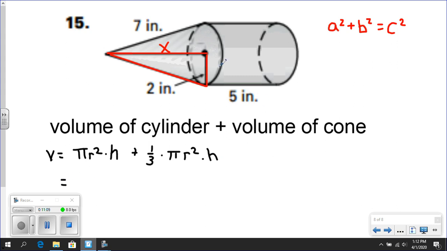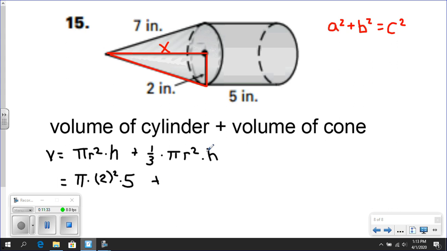Well, if I look at the cylinder here, my radius is 2 and my height is 5. So pi times my radius, 2, squared, times my height, which we said was 5. Plus,